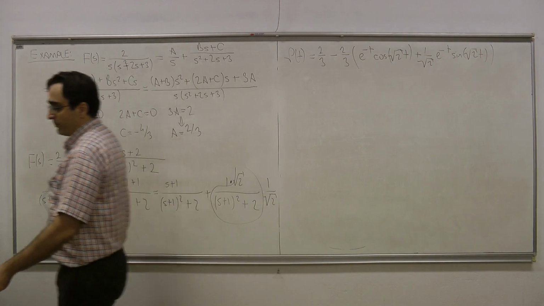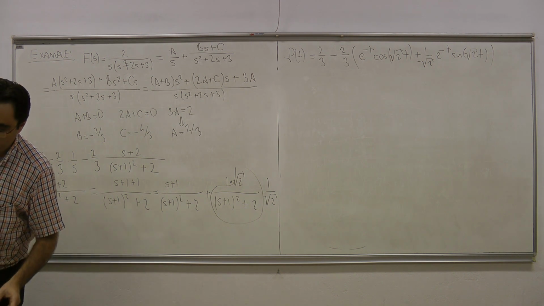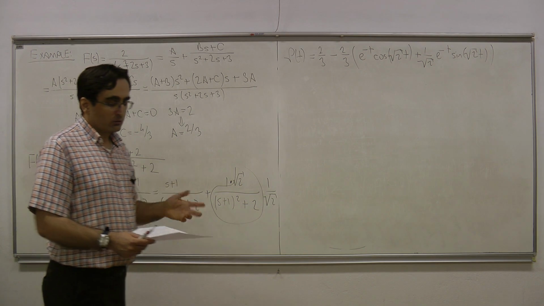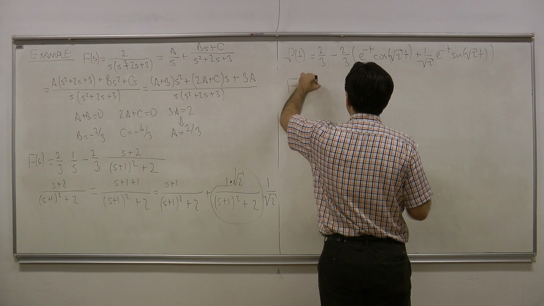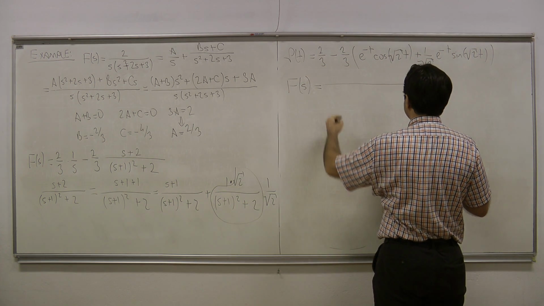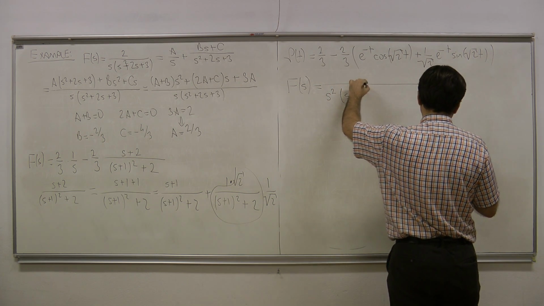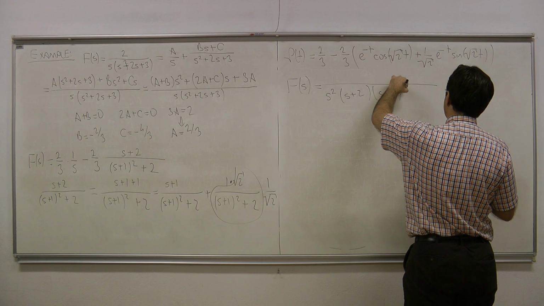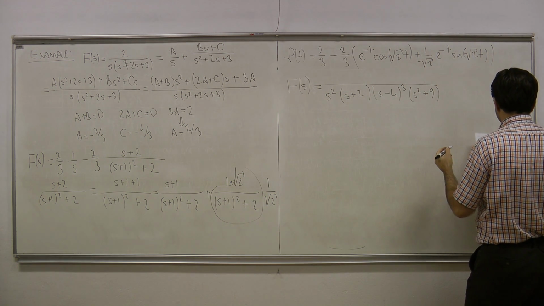So these are completing my examples. The last thing that I'm going to do here is to work on a hypothetical problem. Okay? So I have F(s). Let me say that I have a hypothetical problem where I have an s squared here, and I have (s plus 2), (s minus 4) cubed, (s squared plus 9),